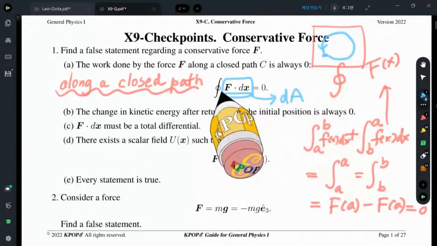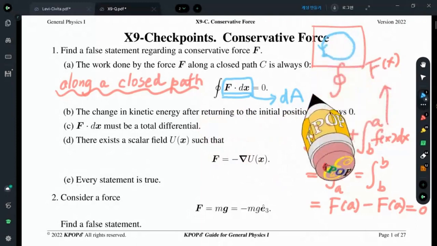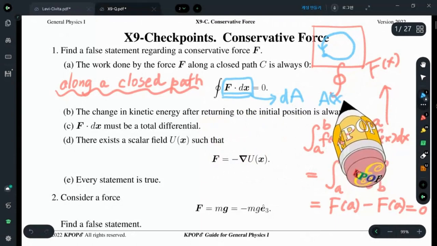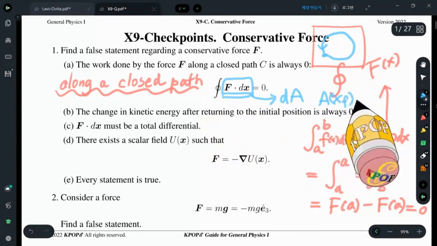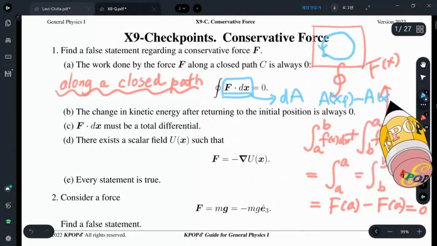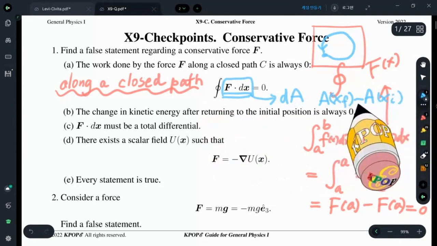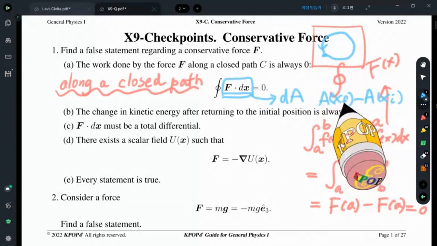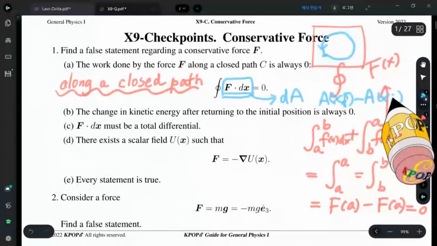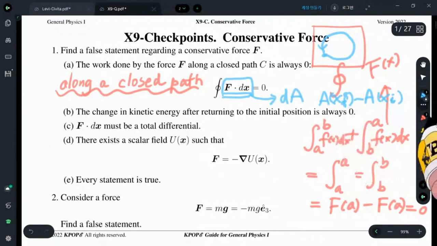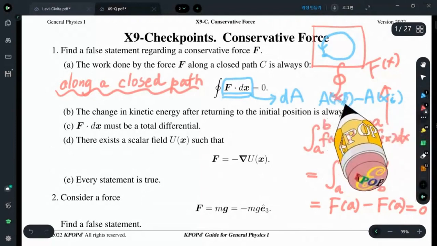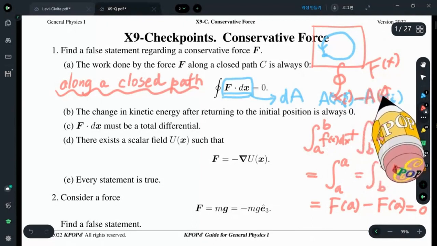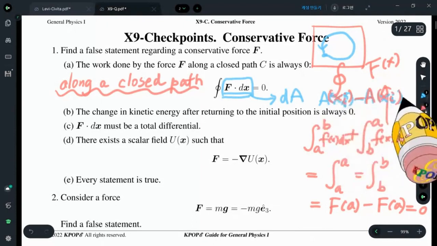In that case, when you return to the same position, this becomes A of x final subtracted by A of x initial, and because it is a closed path, x initial is the same as x final, so A of x_i subtracted by A of x_i